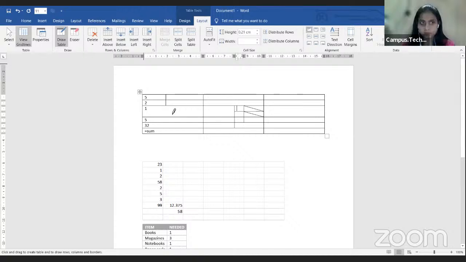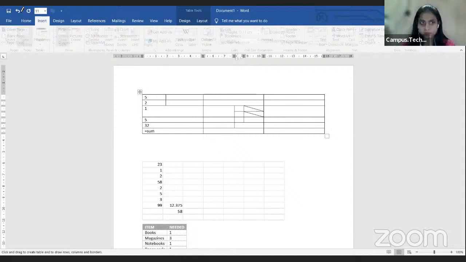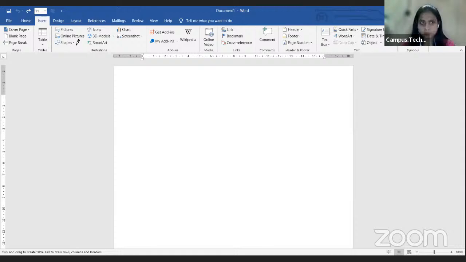Second, in the insert option, we have already discussed pictures and online pictures. Today, we'll be discussing the shapes. If I click on this drop down arrow in illustrations,